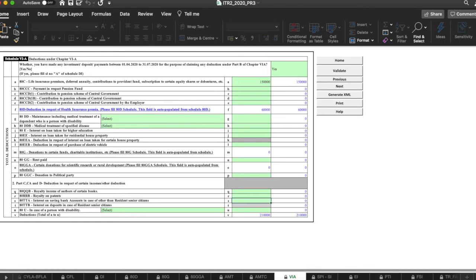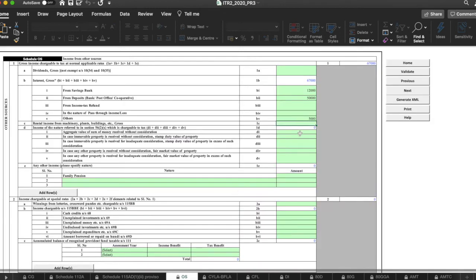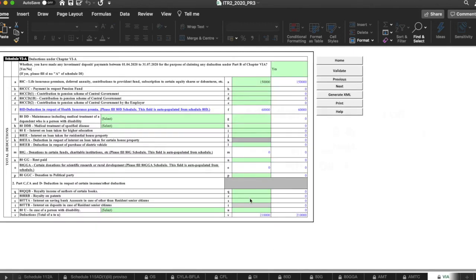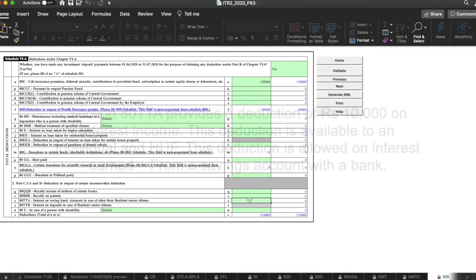So earlier in OS we have updated 12,000. If you look here, I have claimed 12,000. However, under ATTTA I can claim maximum 10,000. So here I am putting 10,000.